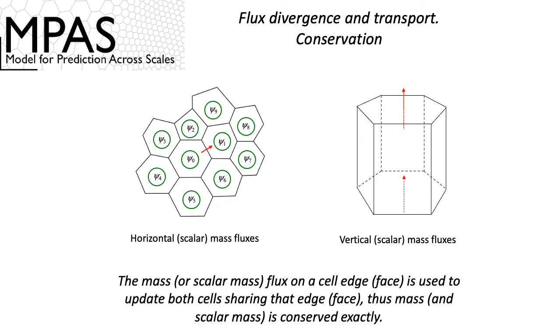What I've shown you is 2 dimensions. There are 3 dimensions in the MPAS mesh. It's a 3-dimensional atmosphere. So in addition to the horizontal edges, which we've talked about, there are 2 vertical faces. Now those have the area of the cell, and that's what we use here. So we also include the vertical fluxes. That leads us to the following equation,